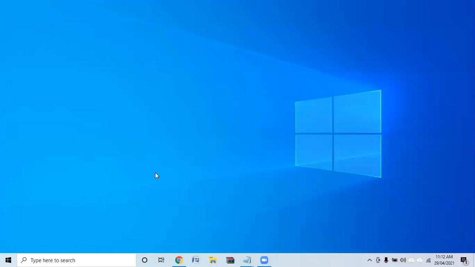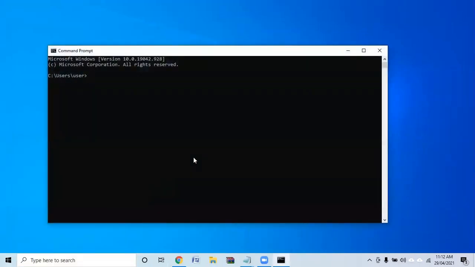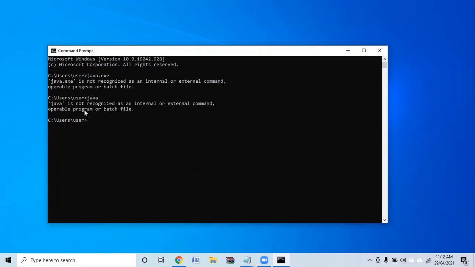Sometimes, in your system, when you open the command prompt and type java.exe, you will get this error. Very important error. Java.exe is not recognized as an internal or external command. Or if you say Java also, you get it here. Java is not recognized as an internal or external command.